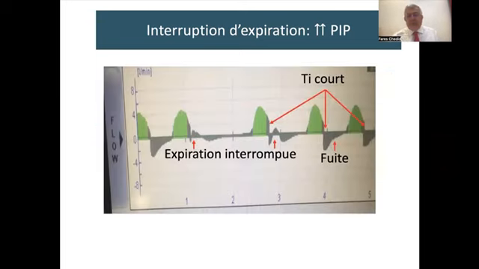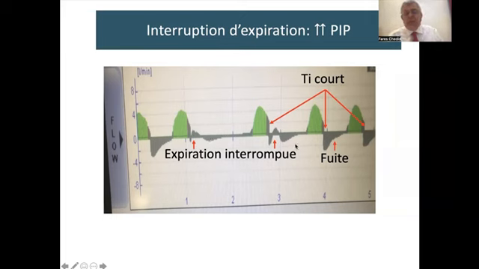Again, here is a patient of mine. That picture is quite complex because many things have happened, but amongst them there is one interrupted expiration. You see, the patient started expiring, then he inspired, and then he expired. That amount of expired volume will be taken as the total expired volume, and the next breath will shoot up its PIP.